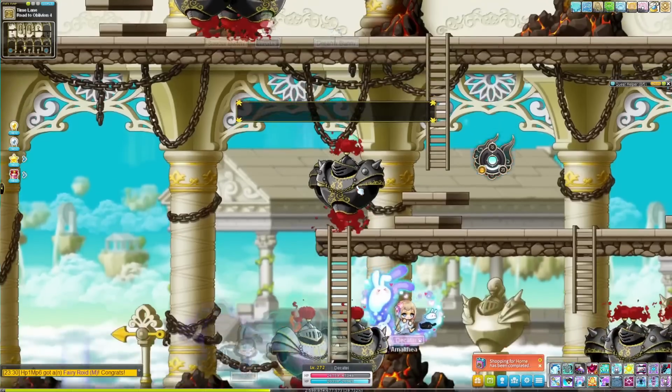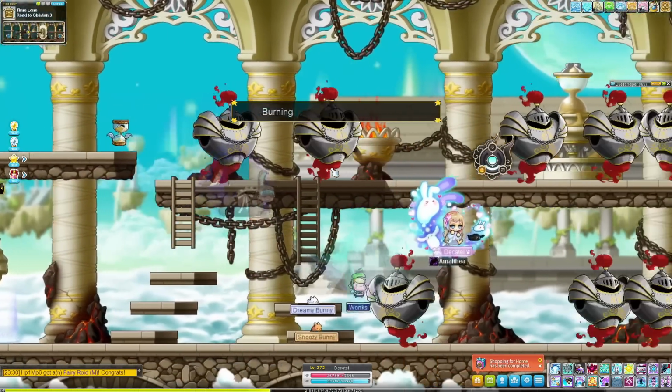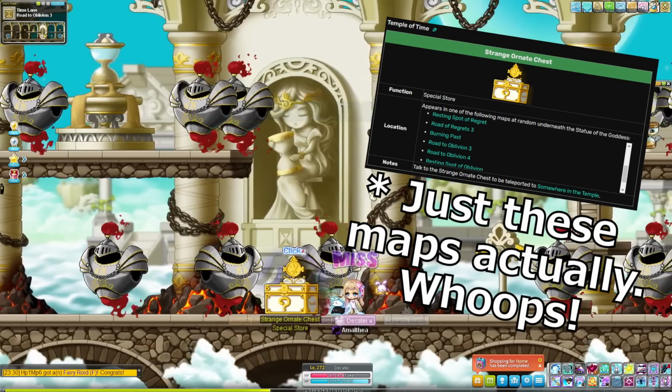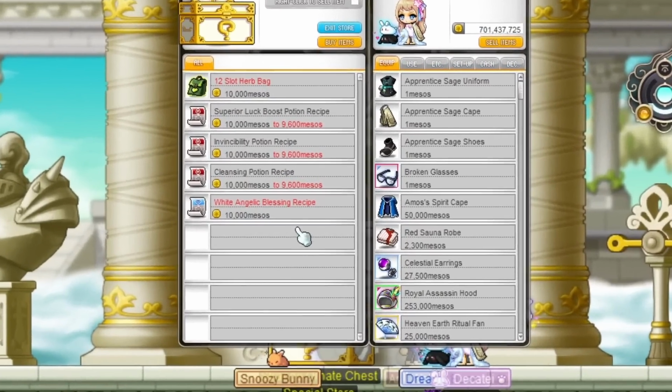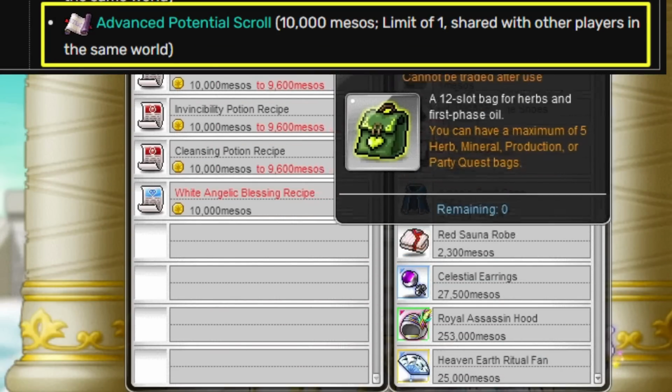But also, in Temple of Time, every so often, there's one map per channel that just has a box in it. And that box leads to a room that sells a bunch of goodies. And one of them is potential scrolls. People usually farm these, so it's less likely you'll find them, but if you're willing to take a risk,